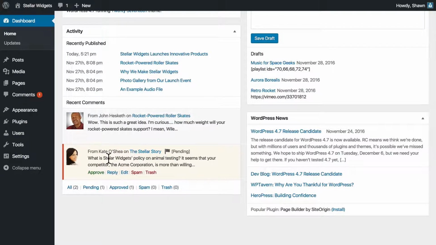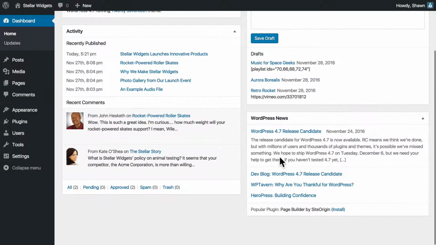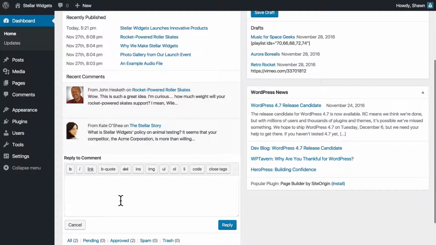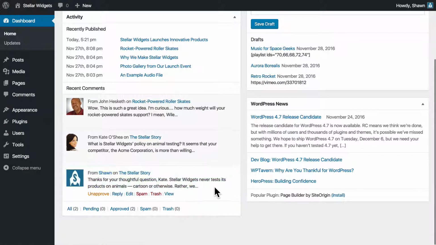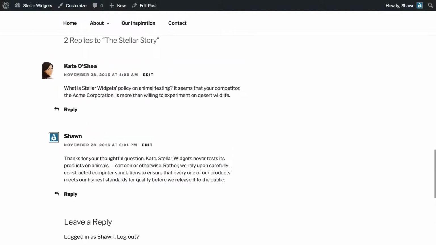Now, this commenter has accidentally misspelled our company's name, so I'll edit this comment, correcting the typo, and then I'll also approve it before clicking the Update button. Now, I'll post a quick reply to this commenter. Clicking the View link will take us to the public view of the post on which this comment and our